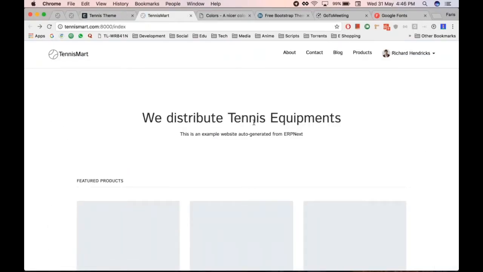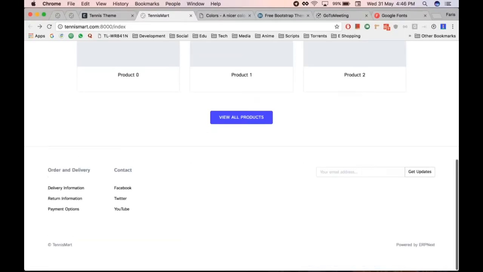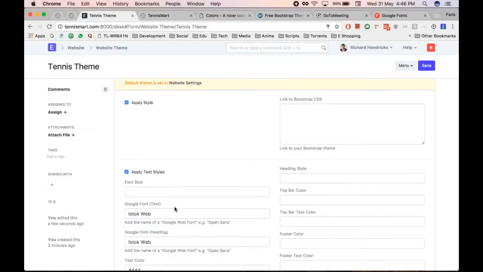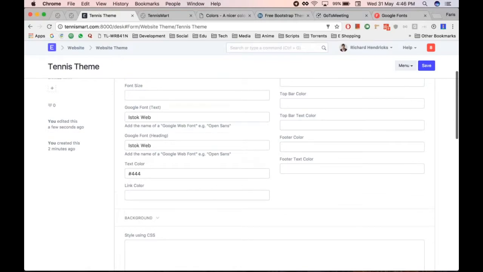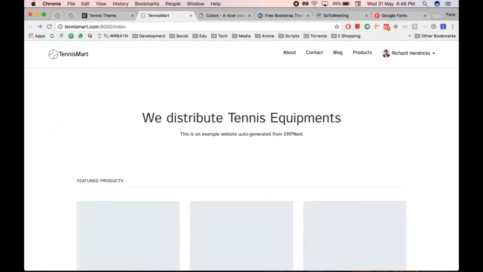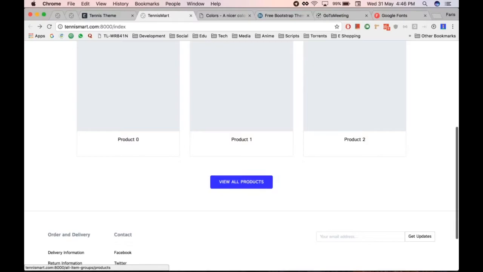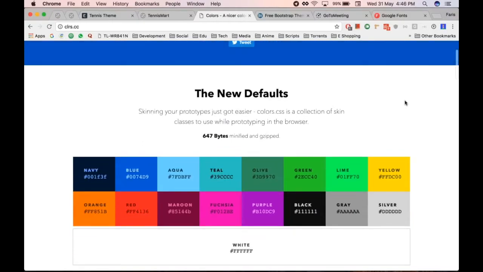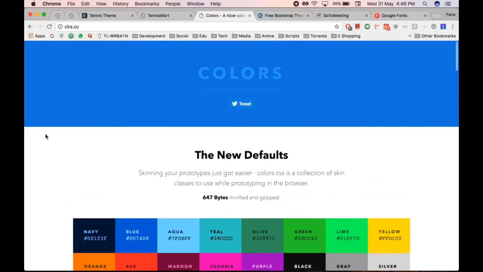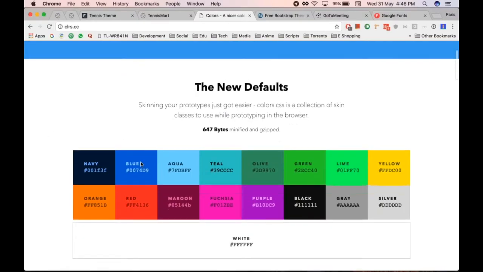As you can see, it's not visible, but the font color is now 444. Let's change the brand color from this ERPNext purple to some other color. So this is a website I use for color inspiration. Let's select this blue color